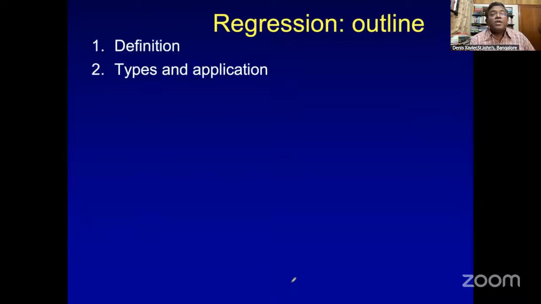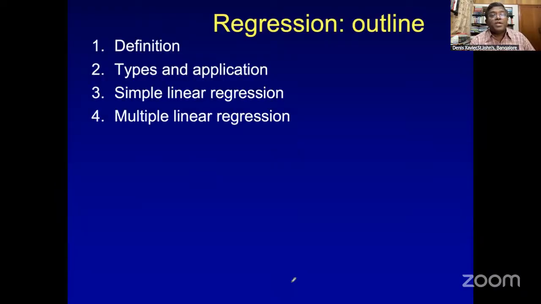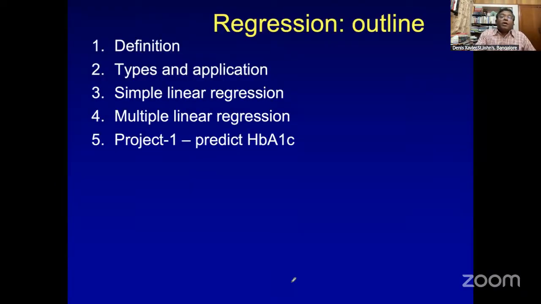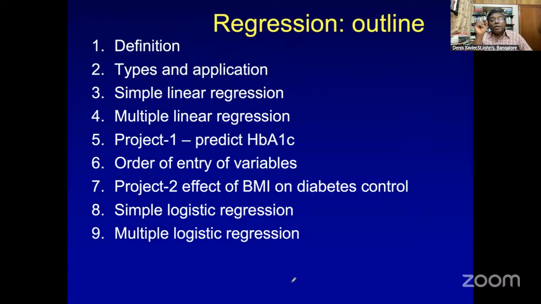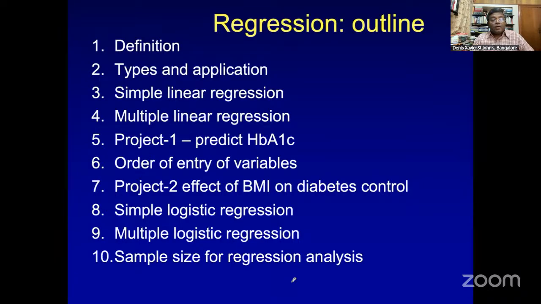So that is the end of correlation. I took a little more time, but let me tell you what's coming next week. We will look at what is regression, how do we apply regression, simple linear regression, multiple, and then we look at how to predict HbA1c, what are these variables. We look at BMI and diabetes control. We look at simple logistic regression, multiple logistic regression as well. And also a little bit on sample size for regression. And let me show you,